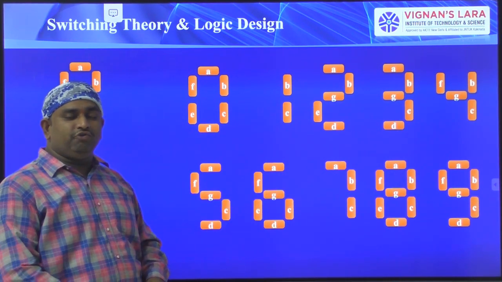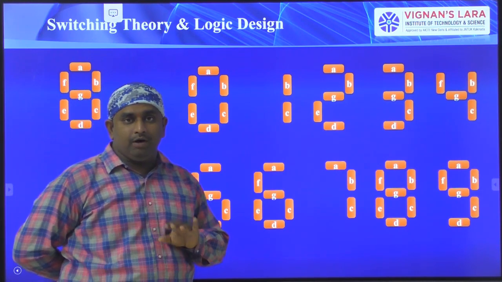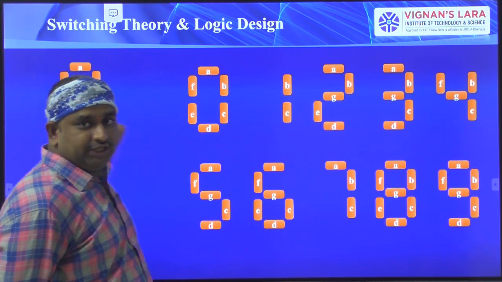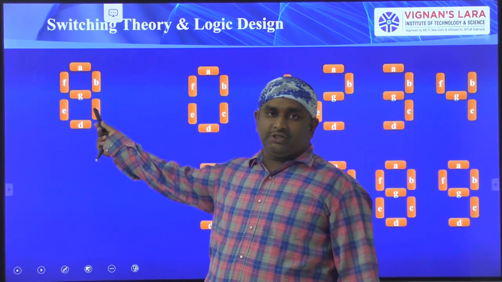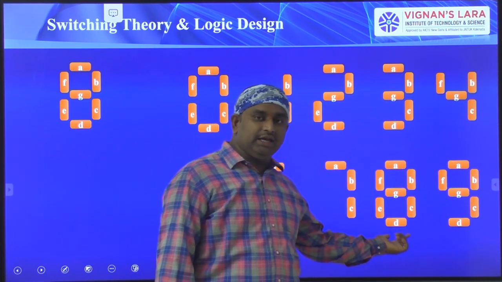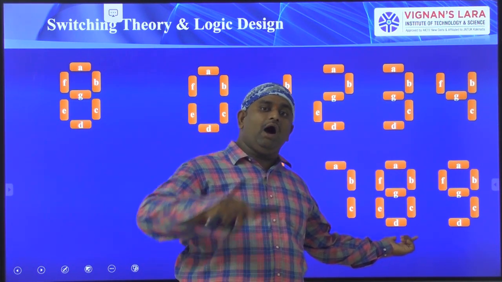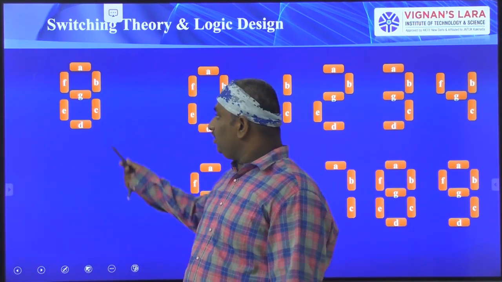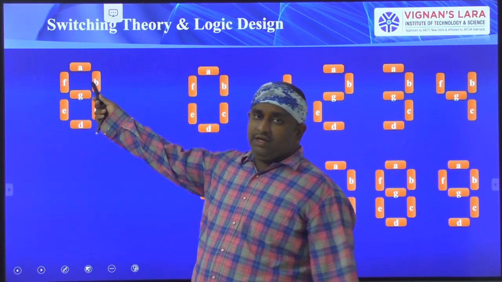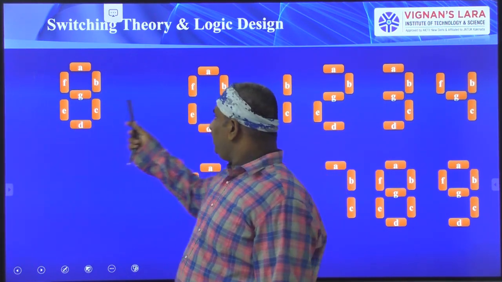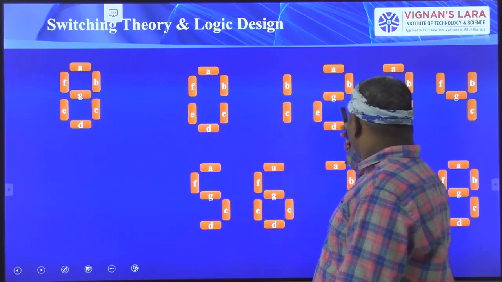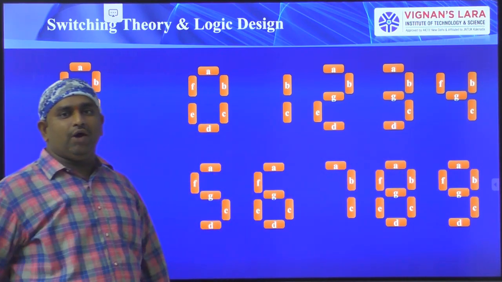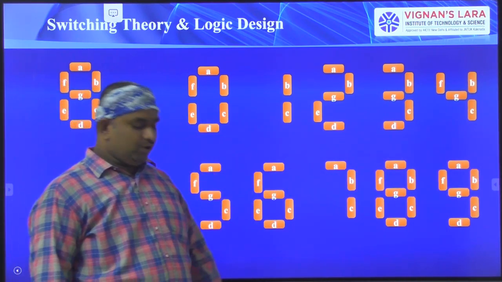You have to write down this step first. In this conversion process, in the exam hall also, you first have to draw a generalized representation. This generalized representation is generally used for representing 8, because when you represent 8, all LEDs are switched on. So you represent the normal one, which looks like an 8. After that, you represent 0, 1, 2, 3, 4, 5, 6, 7, 8, 9, the different types of codes.